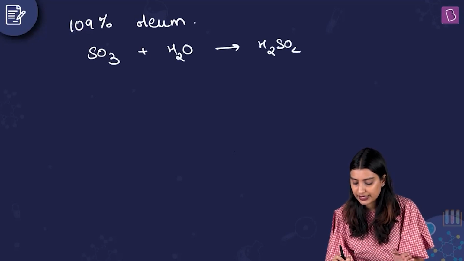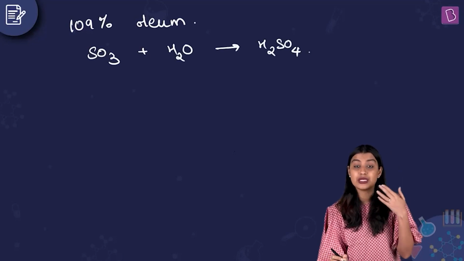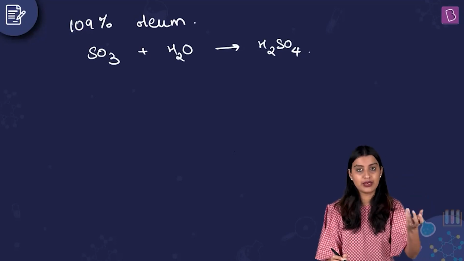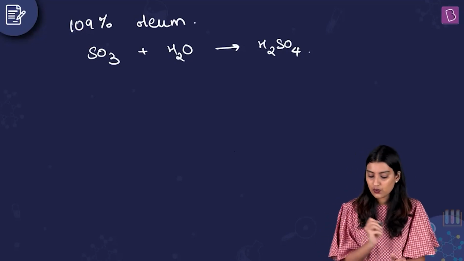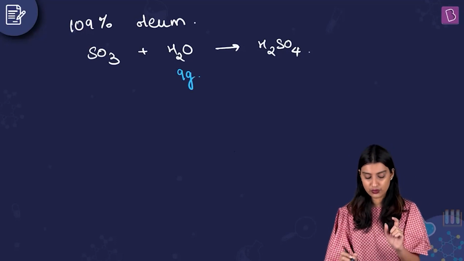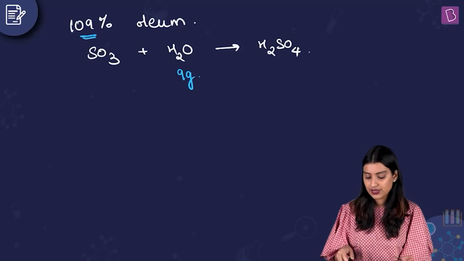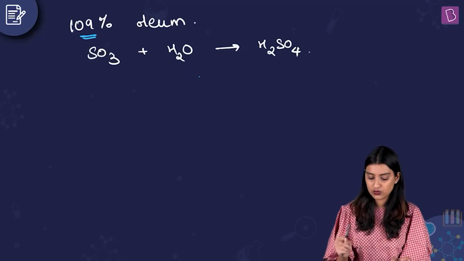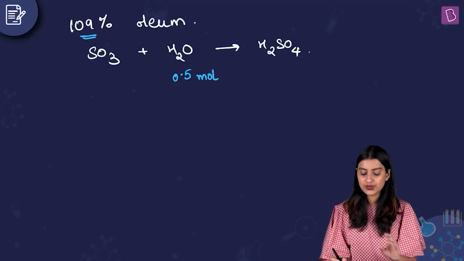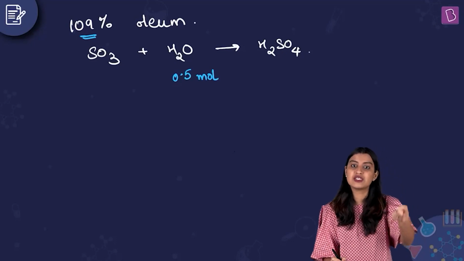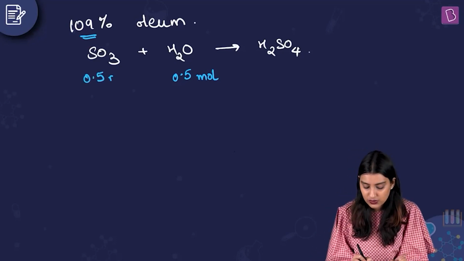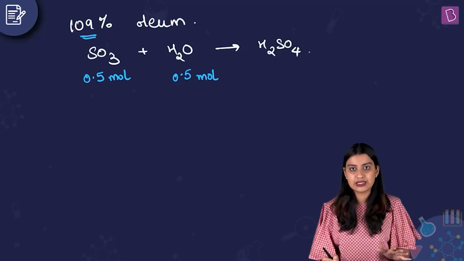This is the fundamental idea behind being able to obtain 109 grams of H2SO4 from 100 grams of oleum, by adding water. So what is happening here is that you have 9 grams of H2O. This much they have told you by telling you the percentage. So 9 grams of H2O corresponds to how many moles? You know that this corresponds to 0.5 moles. So if 0.5 moles of water is being stoichiometrically used to give you H2SO4, which means you have 0.5 moles of free SO3 in the oleum mixture.